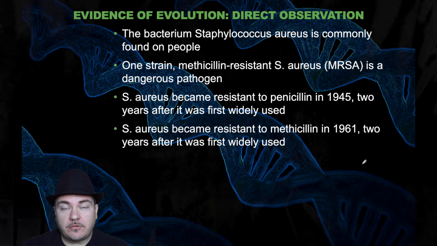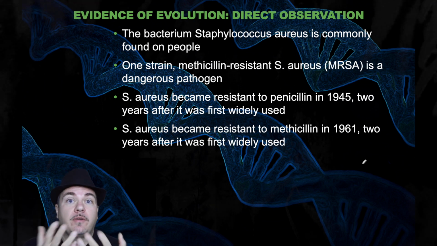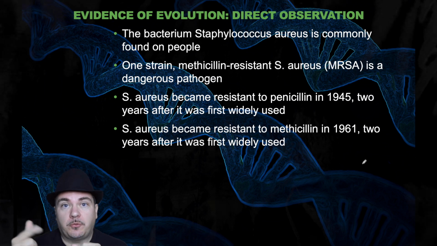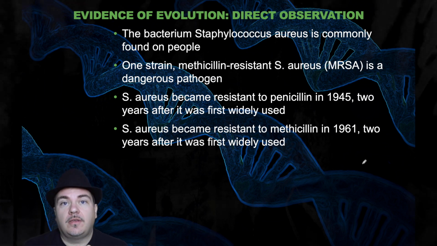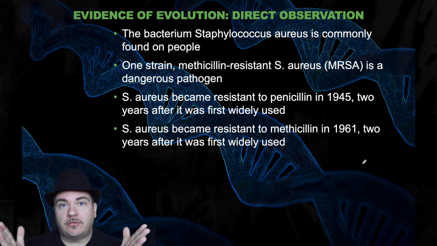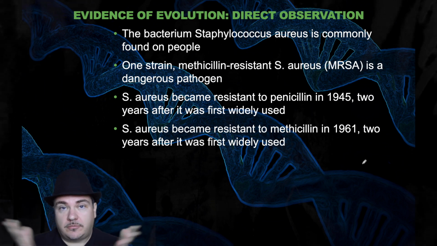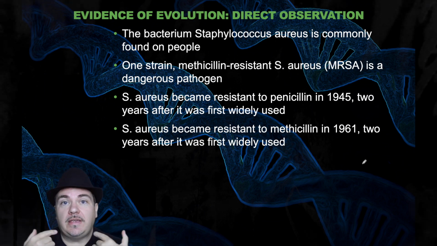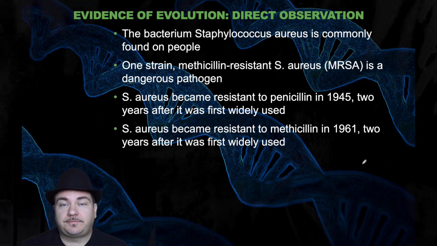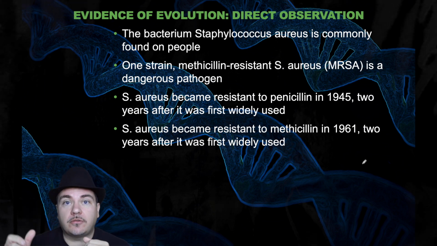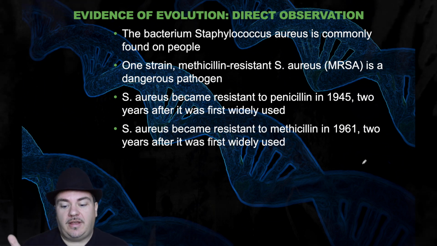One of the easiest ways to do this is by observing evolution within bacteria. Why is it much easier to see in bacteria directly than in humans or mice? Because bacteria reproduce very rapidly. You can go through a generation in about 3 hours. So you can go through many generations within a couple of weeks. If you were to try to go through that many generations in a mouse, it would take centuries. So it's much easier for us to directly observe evolution in an organism that has a very quick turnover from one generation to the next.